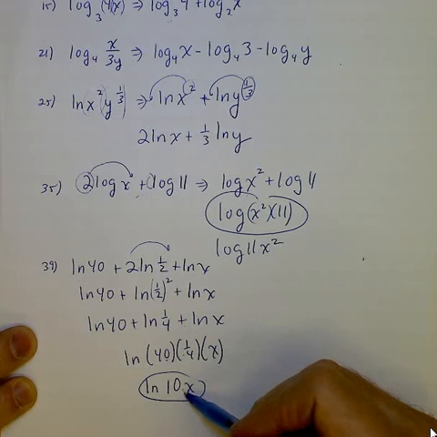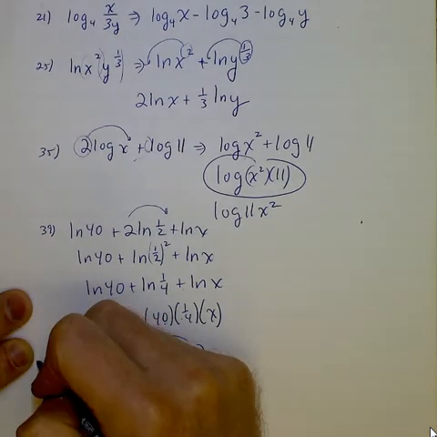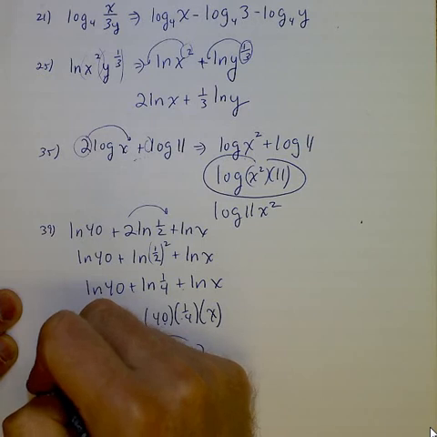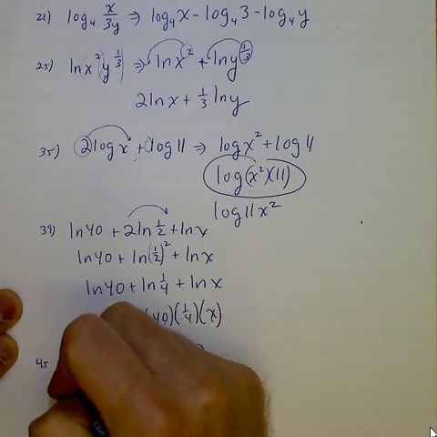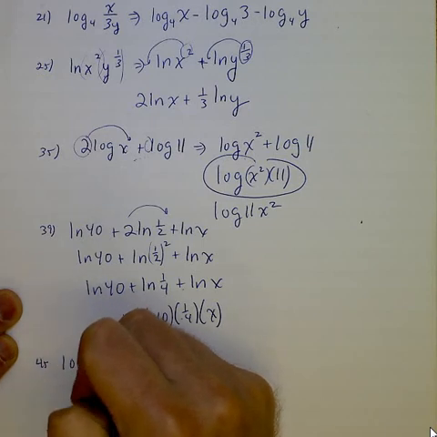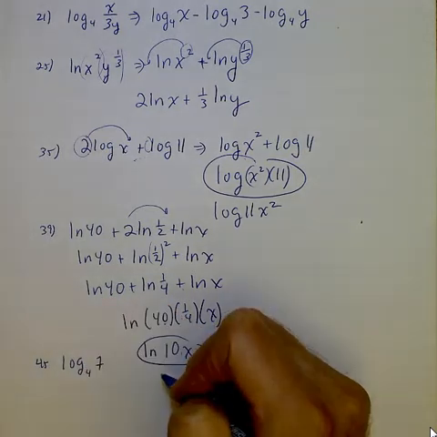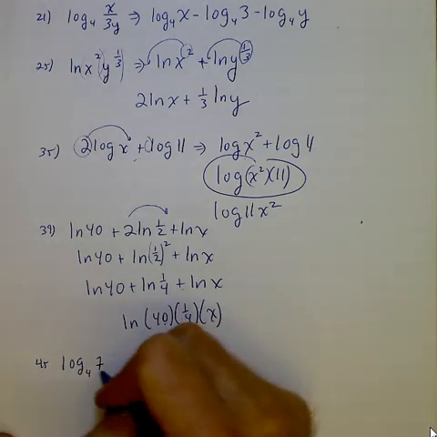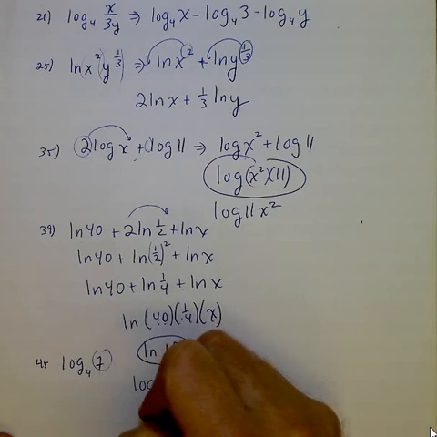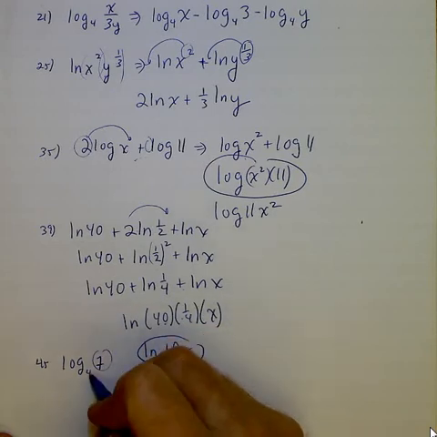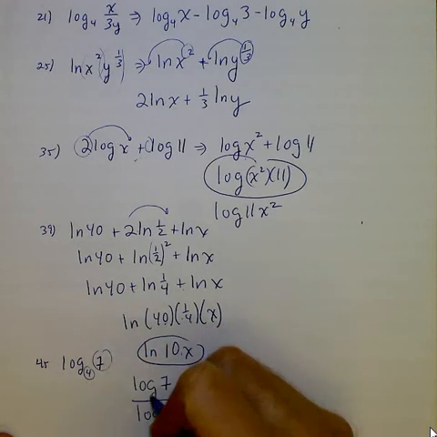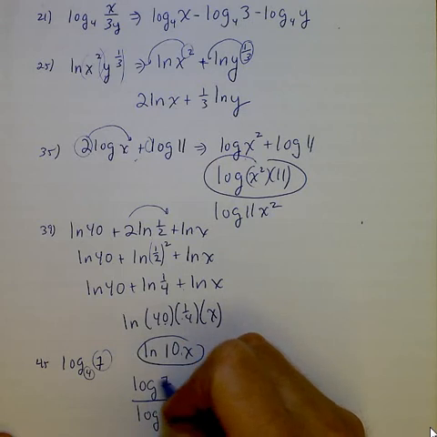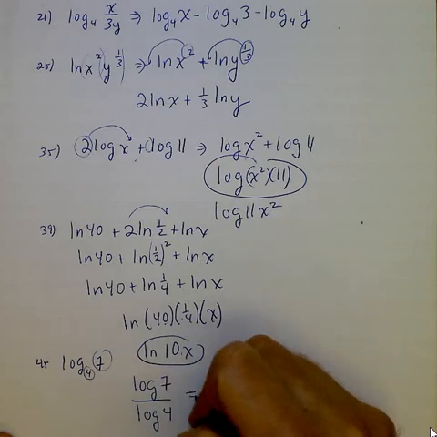The final thing I'll show you is change of base. We had to do a few of those. I'll go ahead and do number 45. The log base 4 of 7. Okay, the rule is you take the log of this, and you divide it by the log of that. And then you can use your calculator, using your log key, to come up with a decimal answer for this,